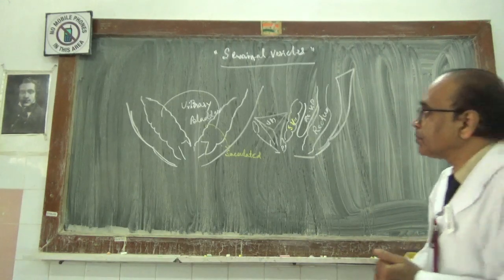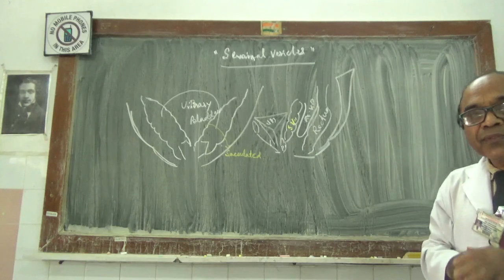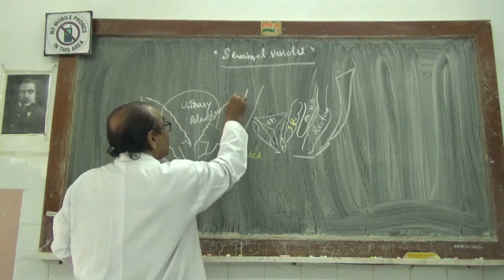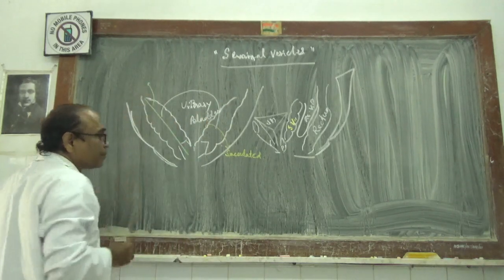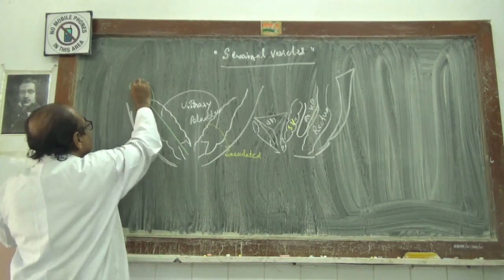These seminal vesicles have a length of approximately 5 centimeters,